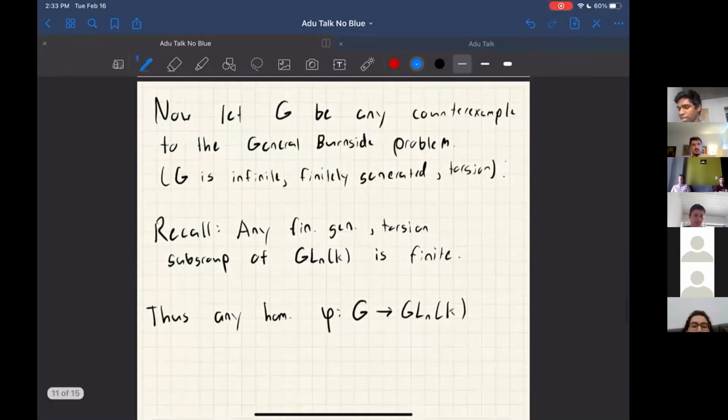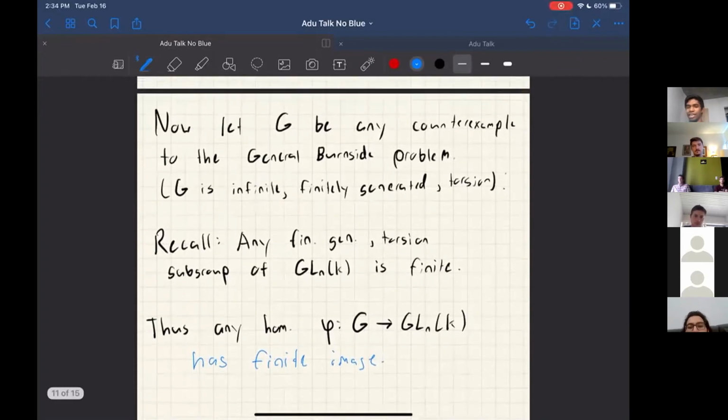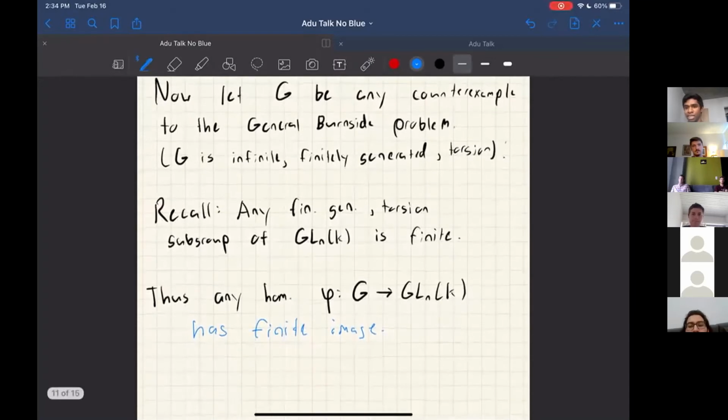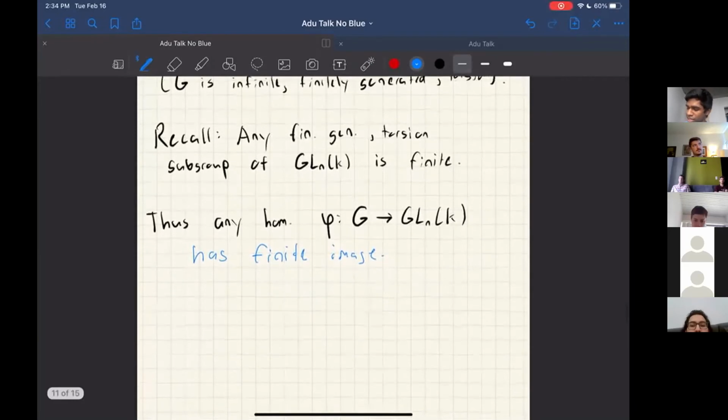And so what you get is that if you have any homomorphism from G to GL_n(K), then this homomorphism has to have finite image. Because any homomorphic image of a finitely generated group is finitely generated, and any homomorphic image of a torsion group is torsion. And so its image couldn't be infinite, because it's a subgroup of GL_n(K). It's got to be finite. And this is pretty cool then, because what this tells you is that